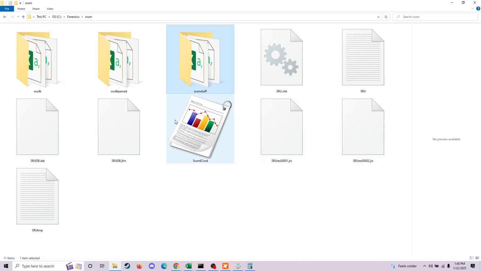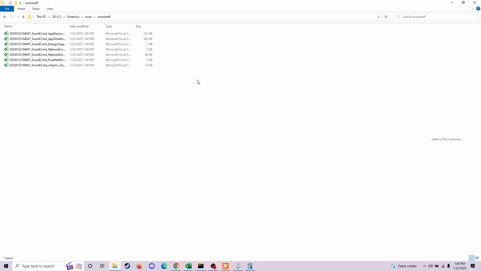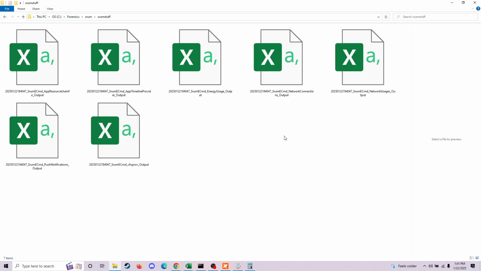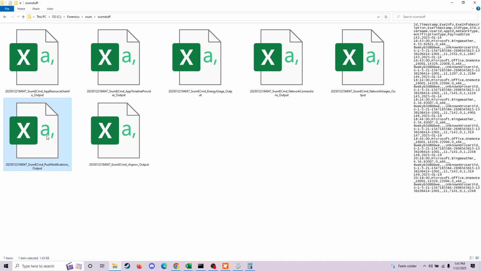So it saves it right there, and this actually gives us 7 files of output. It has a lot of information, much of which is not really going to be much good to us. It gives energy usage. I opened up some of those, and it does not really have much information that we could read and make use of. So the only thing that we can really use, to some extent, is the push notices,